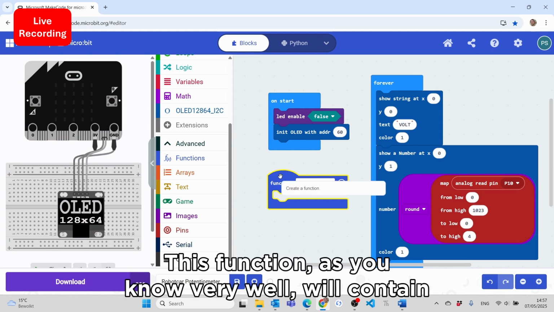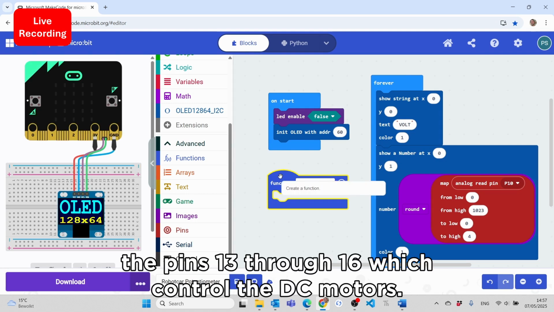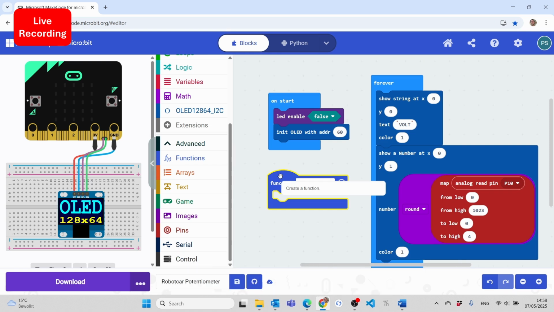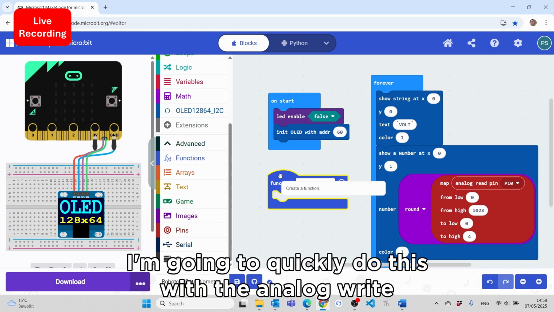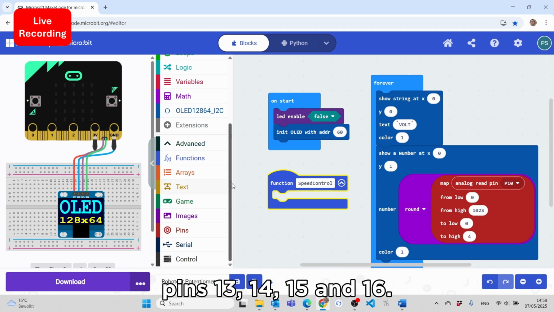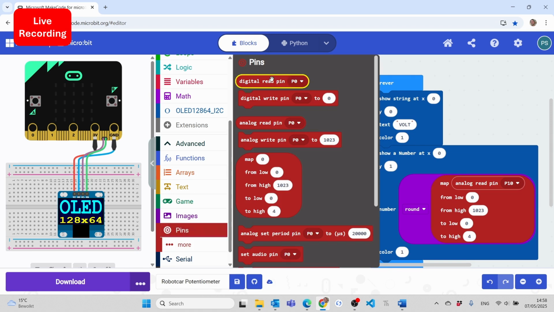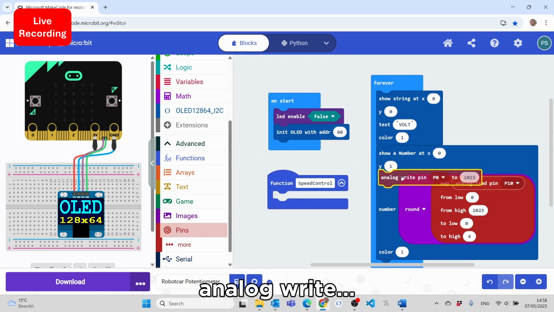Now, this function, as you know very well, will contain the pins 13 through 16, which control the DC motors. So I'm going to quickly do this. So the analog write pins 13, 14, 15. So go to pins, analog write,